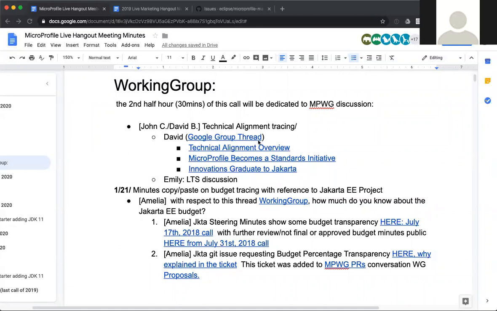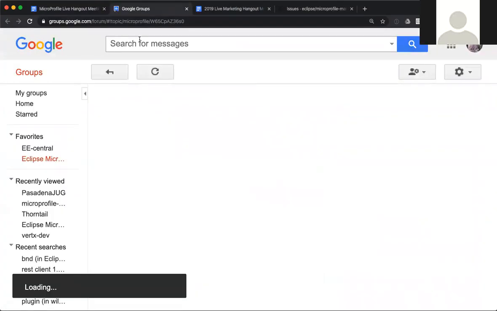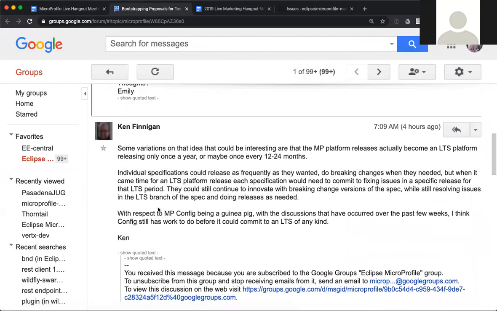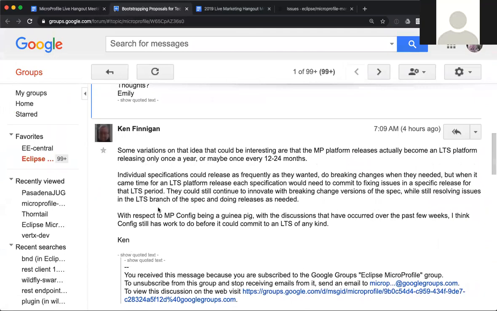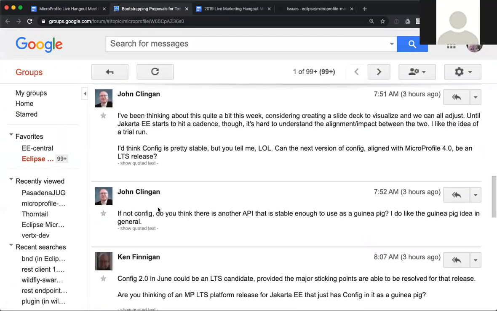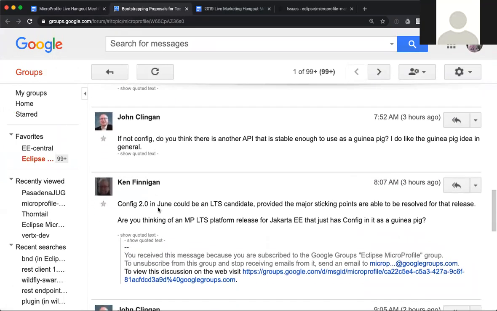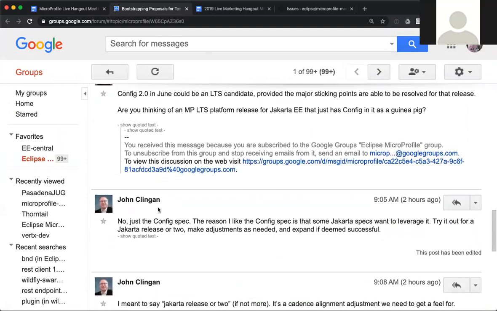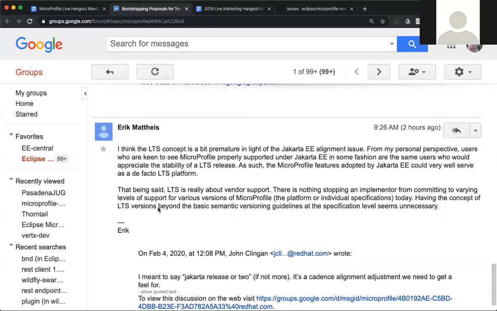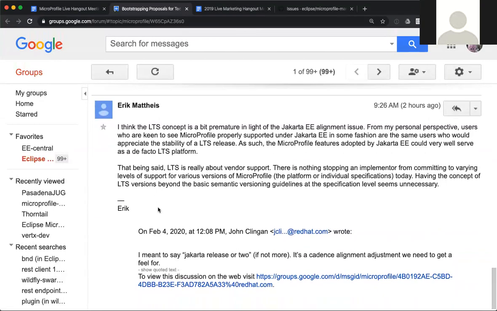For example, MicroProfile Config has been around for about 3 years. Some APIs are stable, and maybe in the next June release we revisit all the API, SPI, and so on. Then we could declare it long-term support, so that this release of MicroProfile Config, like 2.0, can be adopted by Jakarta EE, so Jakarta NoSQL can adopt it.